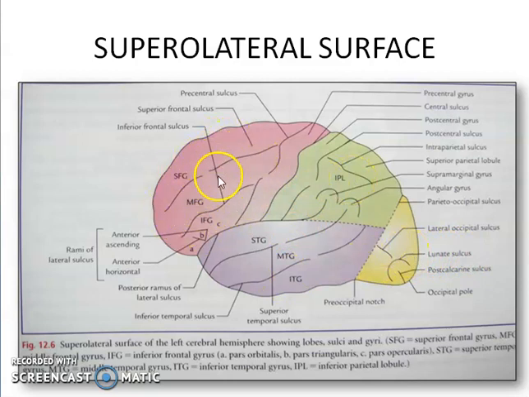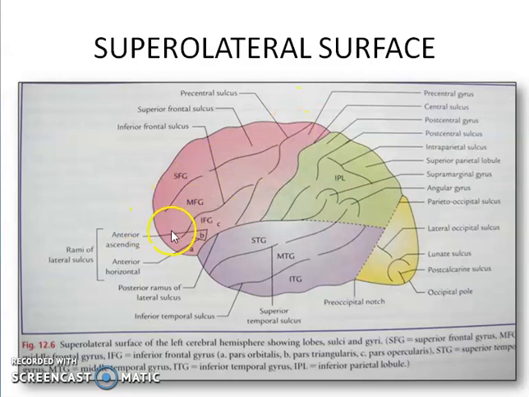Firstly, we will study the sulci and gyri in the frontal lobe. The frontal lobe presents 4 gyri separated by 3 sulci. The precentral sulcus lies in front of and parallel with the central sulcus. Here you can see this is the central sulcus and this is the precentral sulcus. What lies between these two is the precentral gyrus. The upper end of the precentral gyrus extends into the medial surface, involving the anterior part of the paracentral lobule, and the precentral gyrus is motor in function.